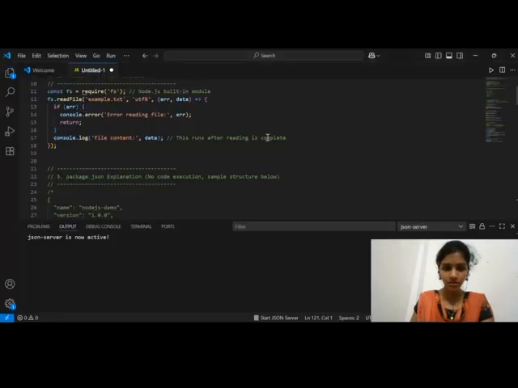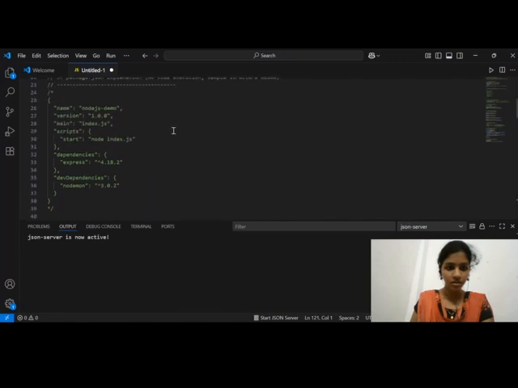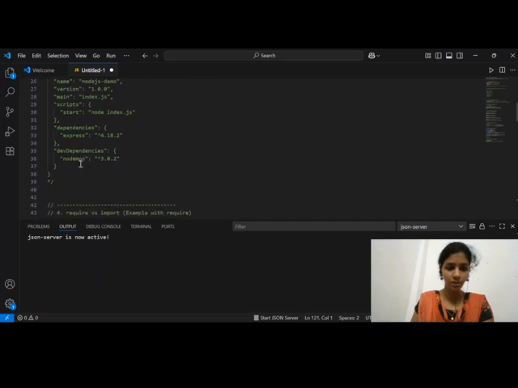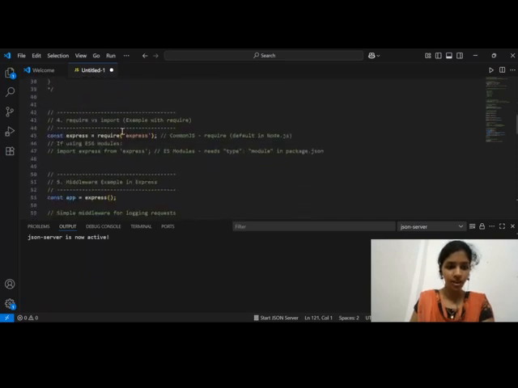If we use CommonJS, then this is the type of require.